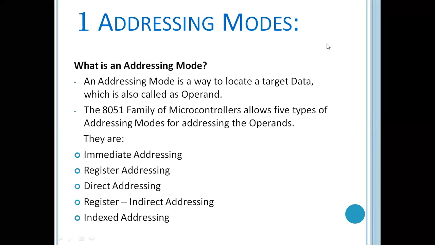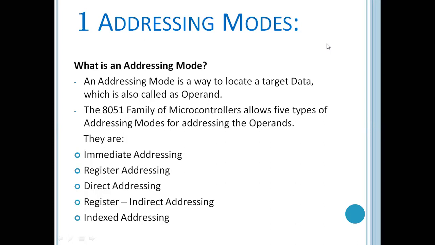Okay, like 8085, here in 8051 you are having 5 addressing modes. Immediate, register, direct, indirect (also called register indirect) and index addressing. Okay, if we compare these addressing modes with 8085, the first 4 addressing modes are similar, that is immediate, register, direct and indirect. The last one is quite different.